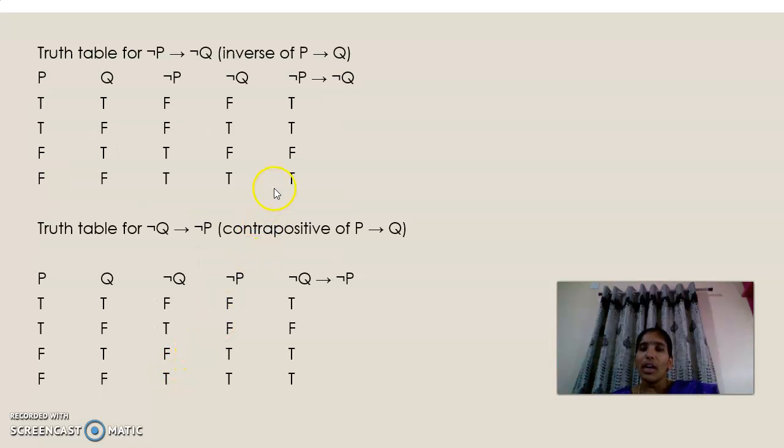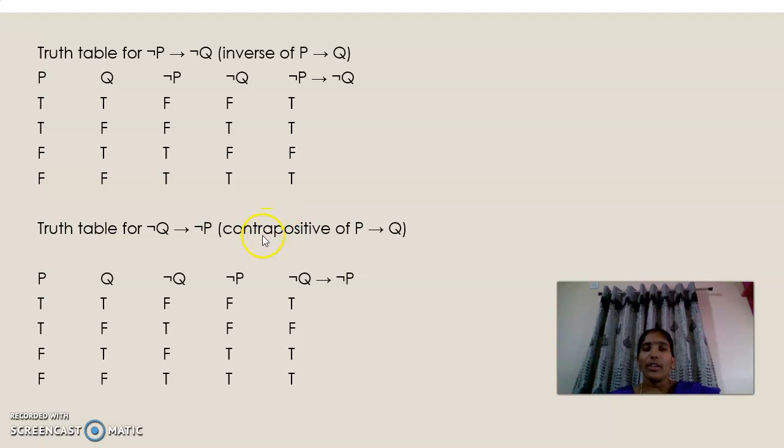So are both equal or not? The truth values of the converse and inverse of the given conditional statement are the same. So whenever we have the converse of the given statement, you can write the inverse. Why can you write the inverse? Because the truth values of the converse and the inverse of the given conditional statement are equal. That's why in place of the converse you can write the inverse, and in place of the inverse you can write the converse of the given conditional statement.